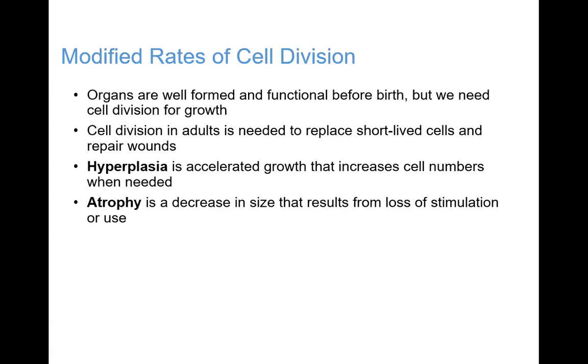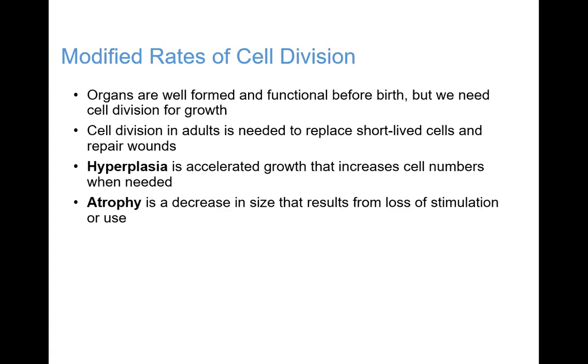We have what's known as hyperplasia. Cells will grow more when they're needed. Muscle cells will get bigger if we exercise. Bone cells will get bigger and more of them if we exercise. And if we don't, they're going to shrink, and some cells, like bone cells, will be lost. Anytime we have hyper, it usually means an increase. Hyperplasia is cells that increase in number